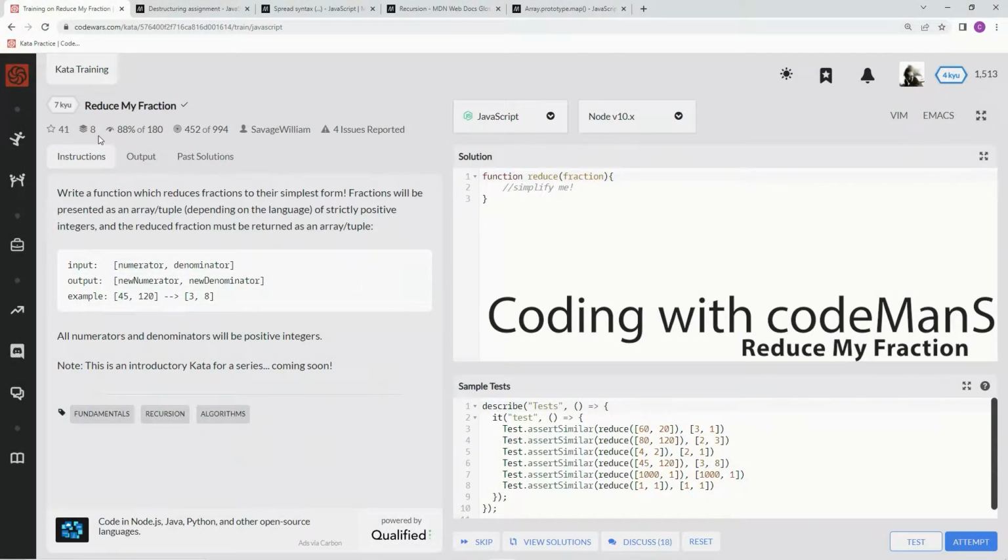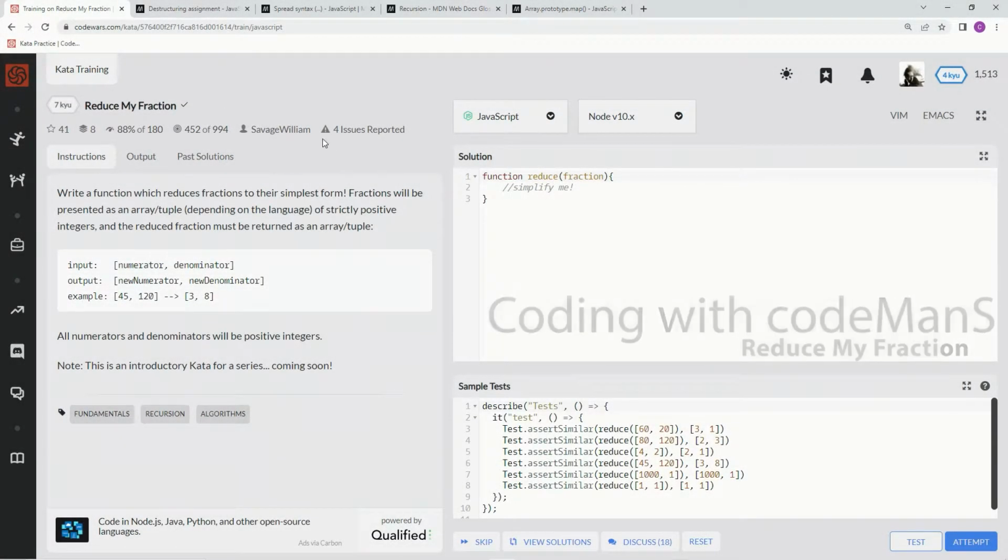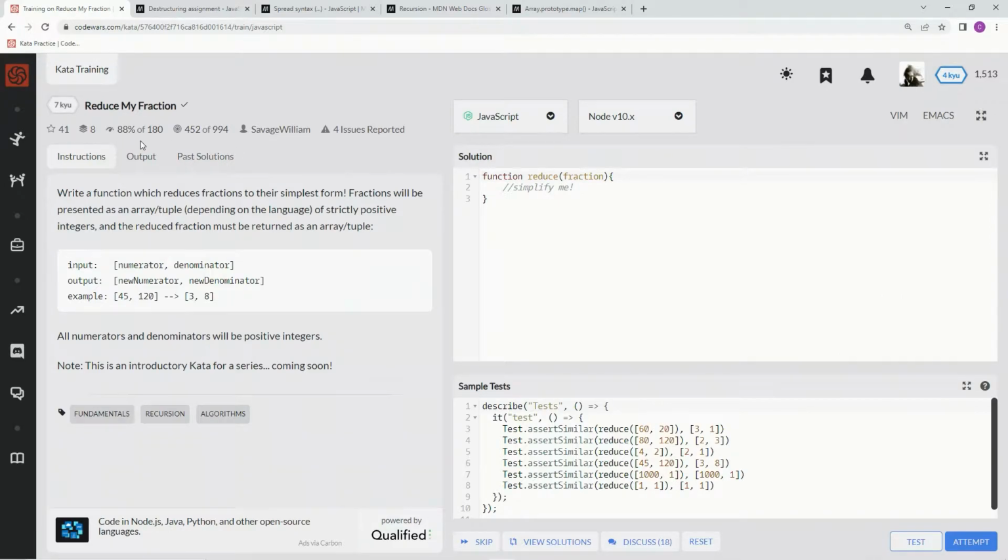All right, now we're doing 7Q, Reduce My Fraction. This is by Savage William, and 88% of the people like it. We're going to write a function which reduces fractions to their simplest form. Fractions will be presented as an array of strictly positive integers, and the reduced fraction must be returned as an